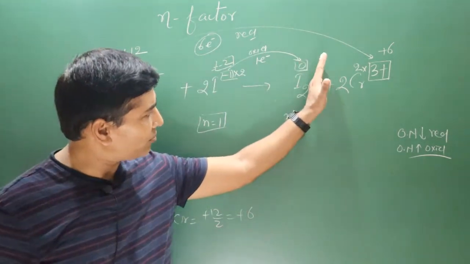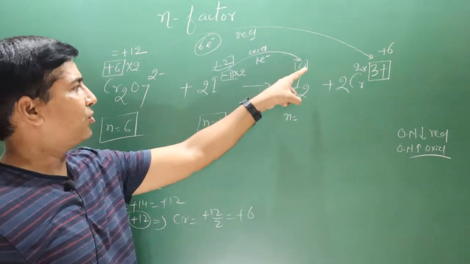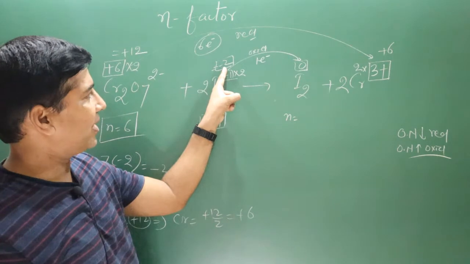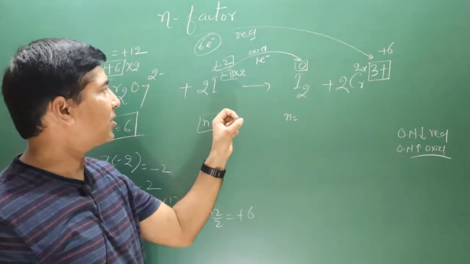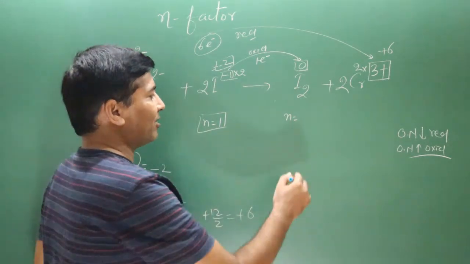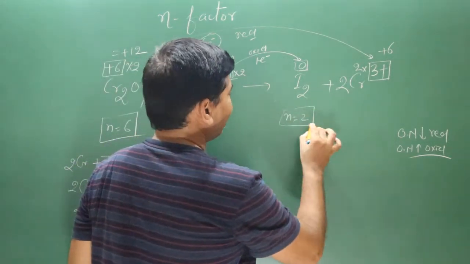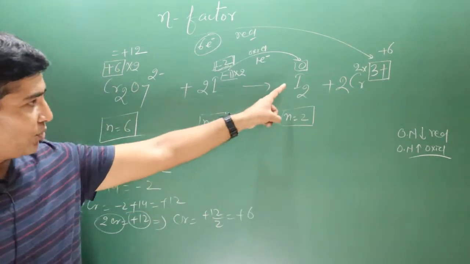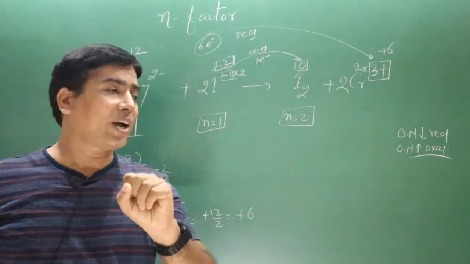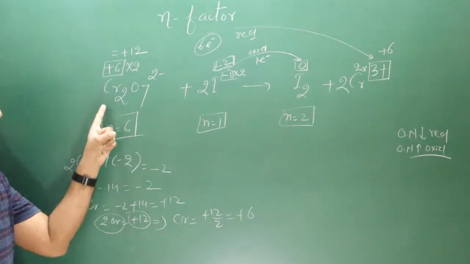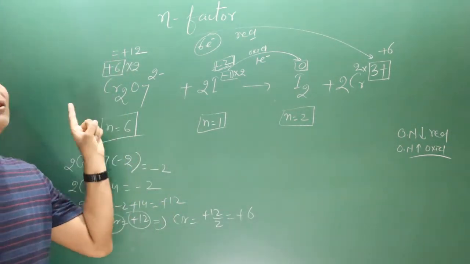If I move from right to left, from 0 to -2, that is a decrease in oxidation numbers, which is a reduction reaction. In this case, what is the gain of electrons? 0 minus -2 is equal to 2. We get N factor value 2. Keep in mind, in this case we are calculating the N factor value for 2 iodine. Earlier we calculated it only for 1 iodine, and before that for the 2 Cr.